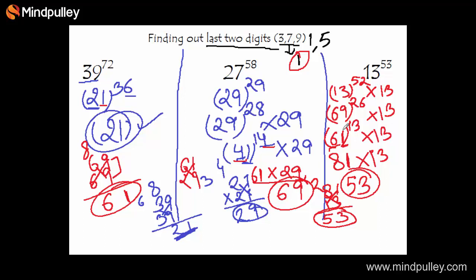So here we will use the method of 1. We keep just one thing in mind: the numbers that end with 3, 7 and 9, we convert them into a number that ends with 1. And by using this video you can solve any number and find the last 2 digits of any number that ends with 3, 7 and 9. Thank you.